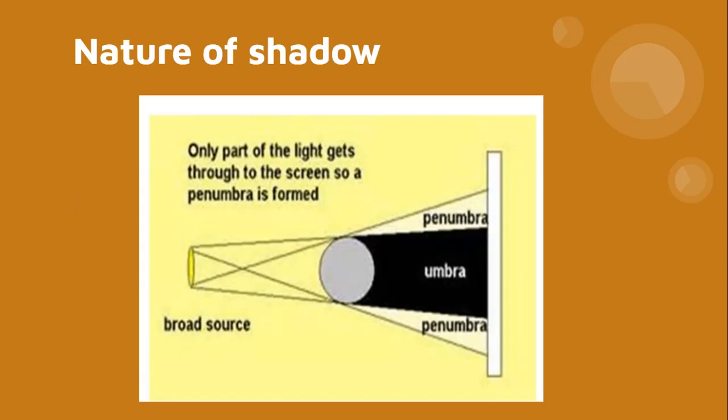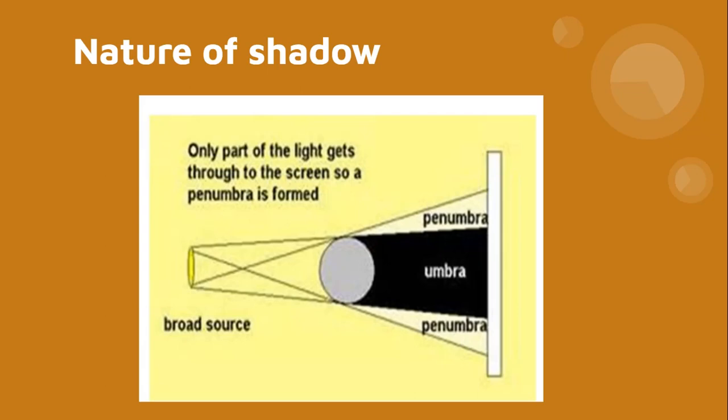What is the nature of the shadow? Let us discuss the nature of the shadow. You may have observed that some shadows are completely dark, whereas some shadows are very faint. When observed very closely, you will find that the central part of a shadow is darker than the surrounding. A shadow can therefore be divided into two regions, umbra and penumbra. Umbra is the central, darkest part of the shadow where no light reaches, whereas penumbra is the part of a shadow that receives some amount of light. That is why it casts a faint shadow. It lies around the umbra.